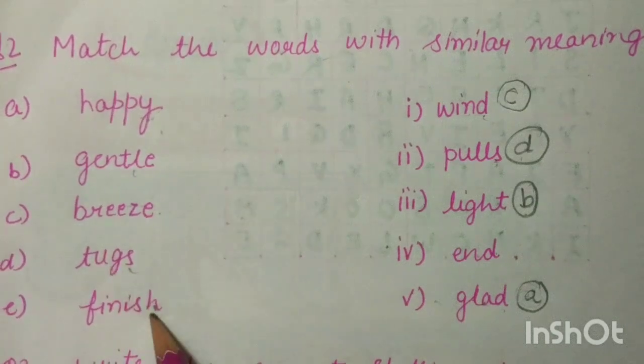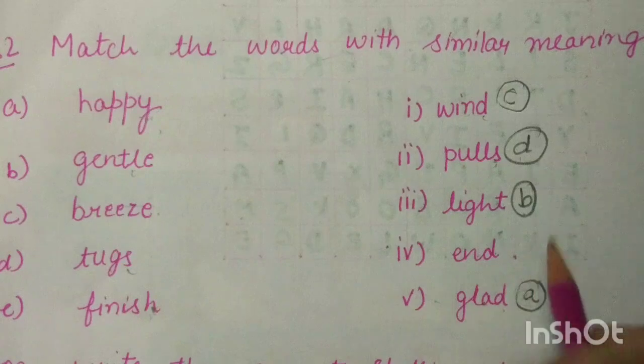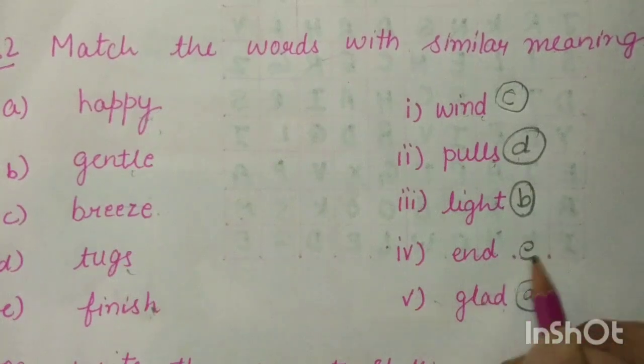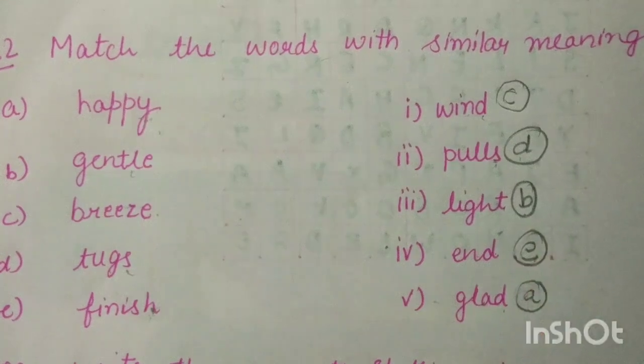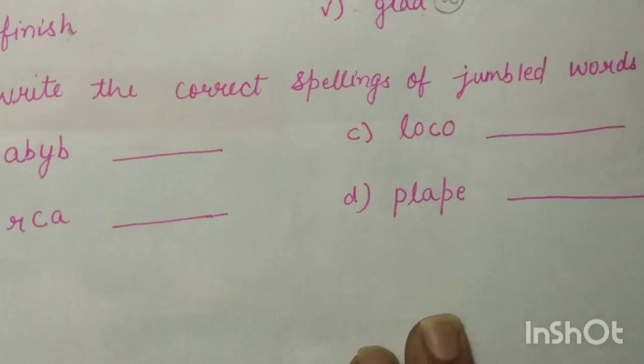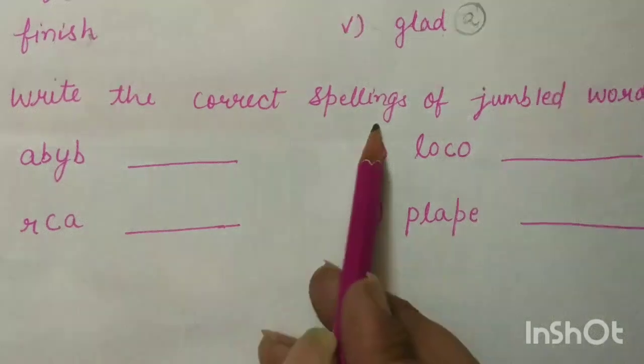Now come to finish. If we say we have finished our work, we can also say that we have come to the end of our work. So here comes E. I hope you all understood. Now come to the correct spellings of jumbled words. Jumbled words are given. We have to correct their spelling